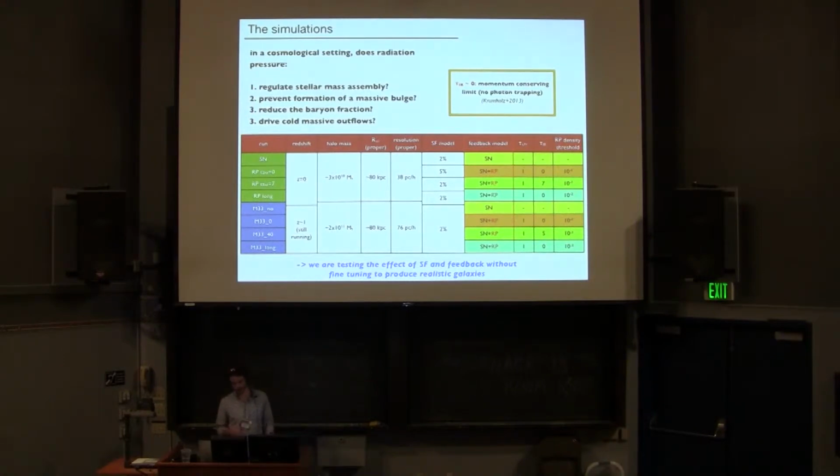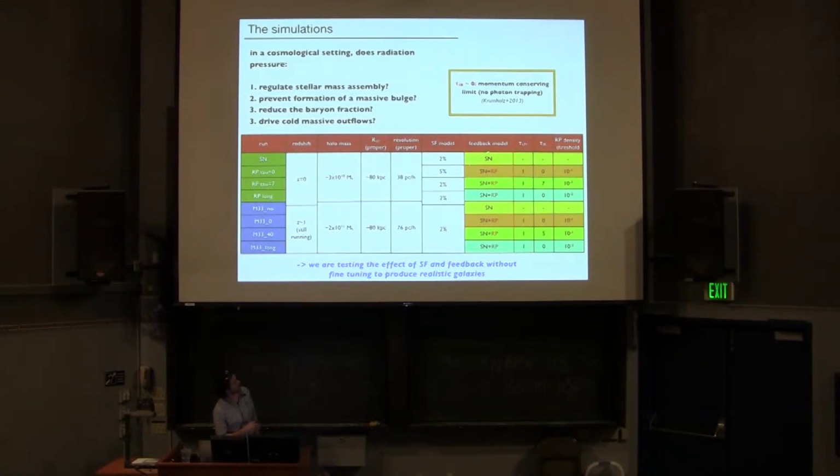Specifically, in this talk, I'll focus on the star formation histories. We have two different halos, one which is the size of M33, and one which is about a few times 10 to the 10 solar masses. I'll focus on that one in the interest of time, which we simulate to redshift 0. The only difference between the models is that I adjust the star formation efficiency a little bit.